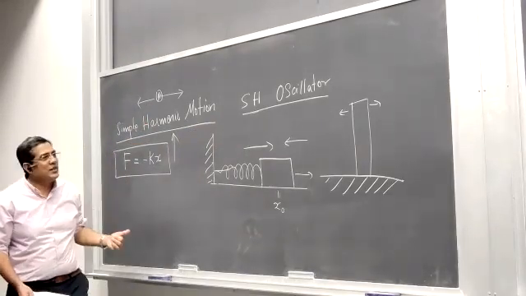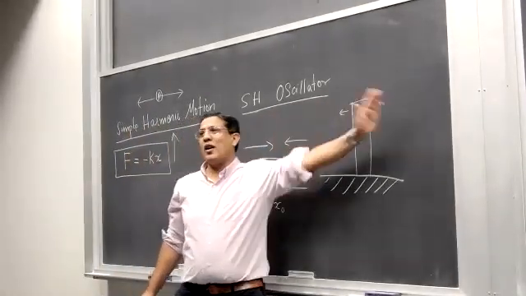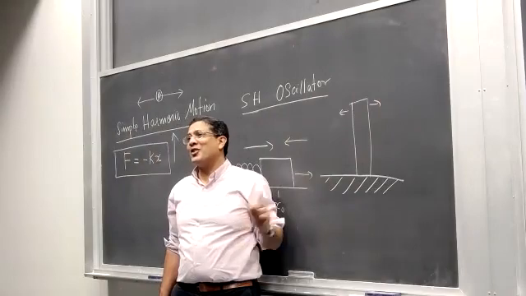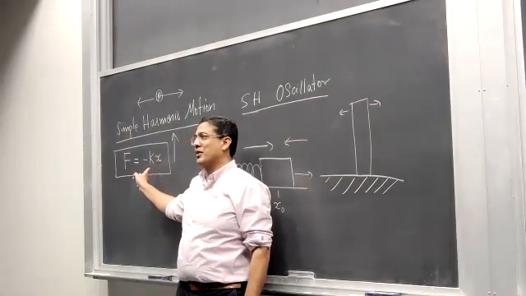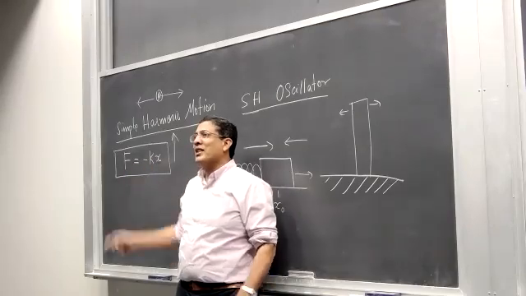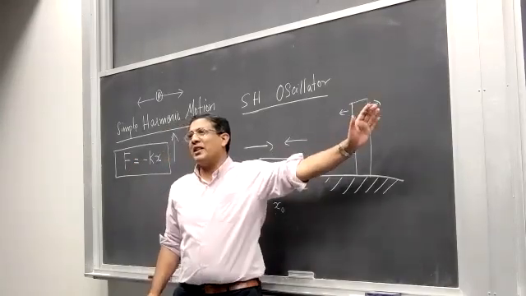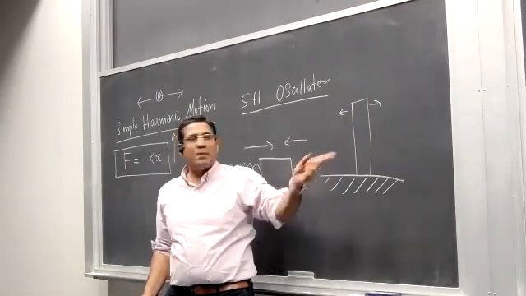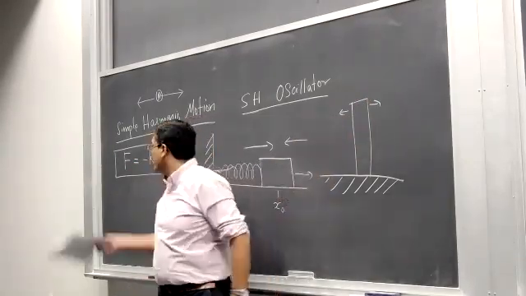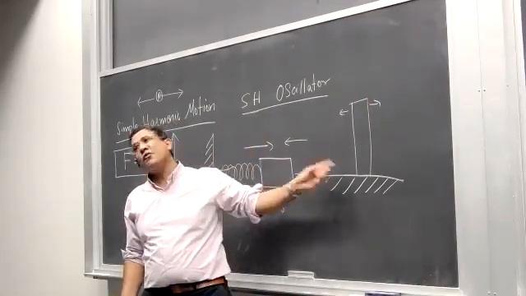And the example is this, that if you swing this building too far away from its equilibrium position, the restoring force won't be kx. It would be something different. And that is when this motion won't be simple harmonic. Because as you push the building away, the force would keep changing. It would depend on x, and it won't change just linearly. It would become larger. And then that motion won't be simple harmonic.